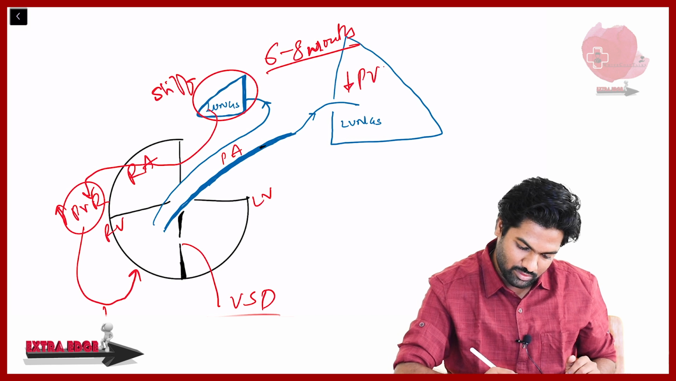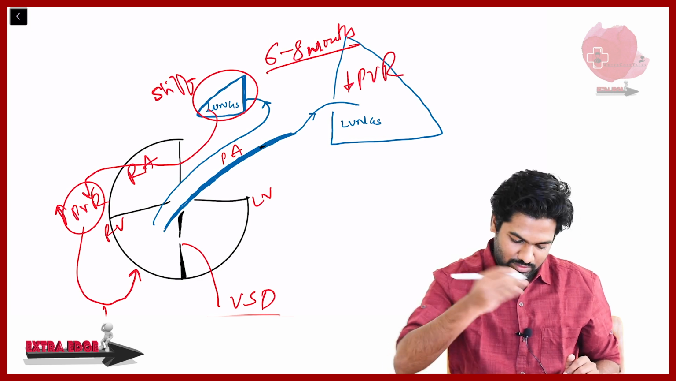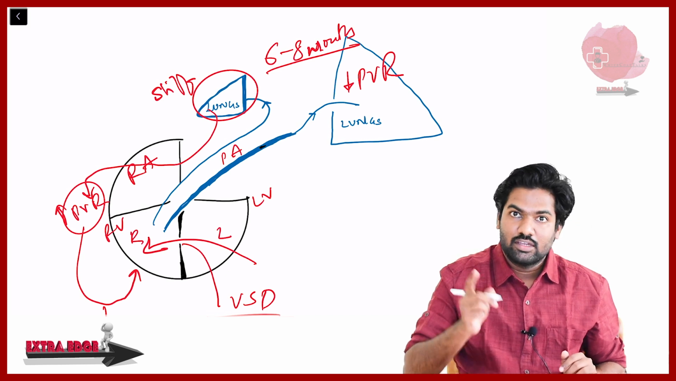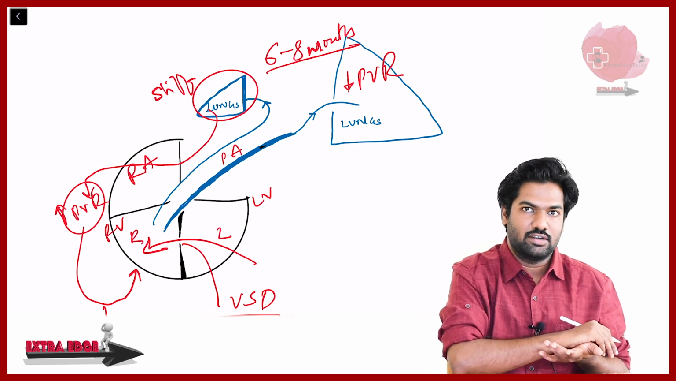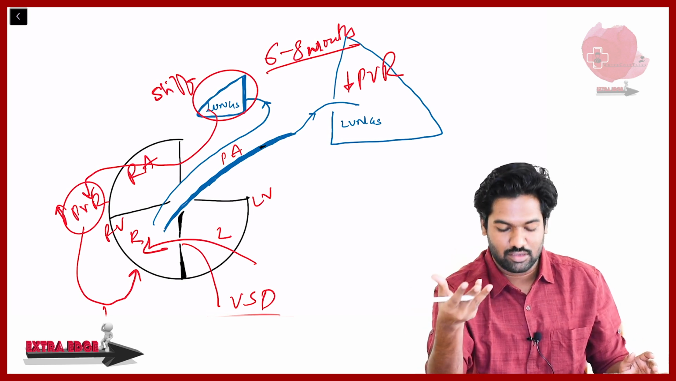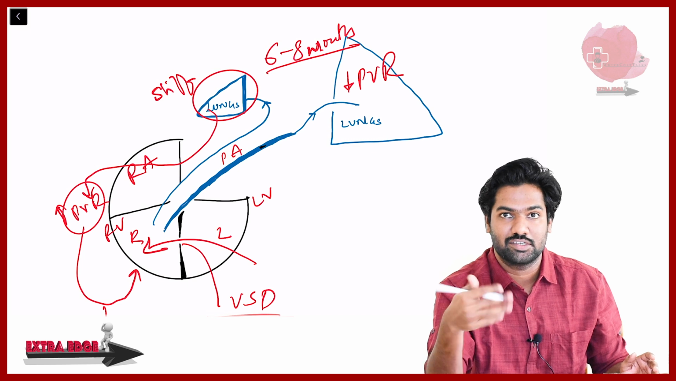Here the pulmonary vascular resistance has decreased. Once it decreases, that is when the shunt starts coming from left to right. Then the extra amount of blood starts going into the right ventricle. This could be the time, and around after 6 to 8 months only they'll start presenting to the